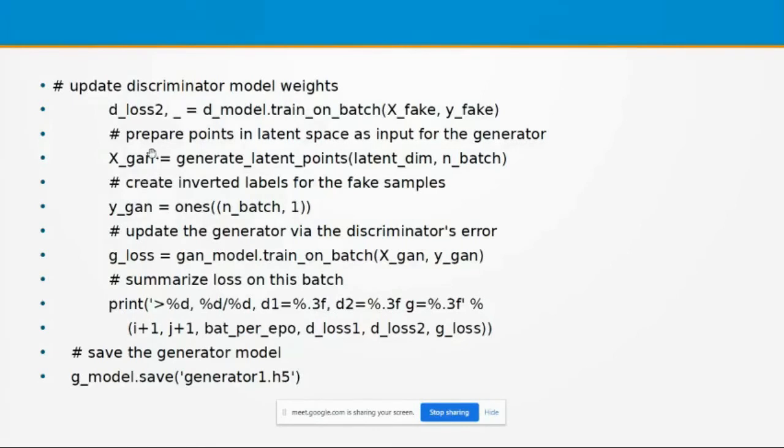Here I provide the basic information regarding the generation of the new images, that is x_gan, together with the claim, and the claim is nothing but that the generated images are real images. These two pieces of information are provided to the GAN model.